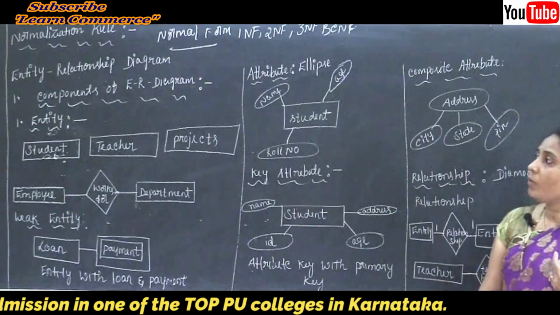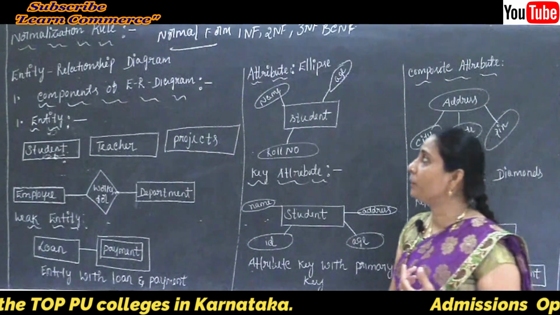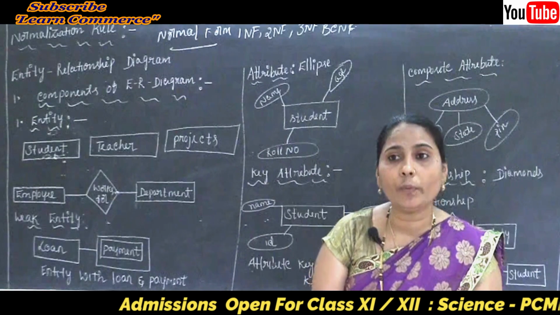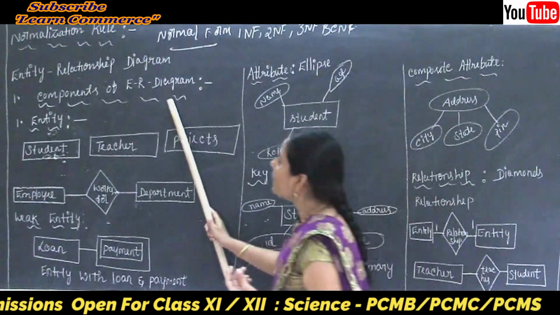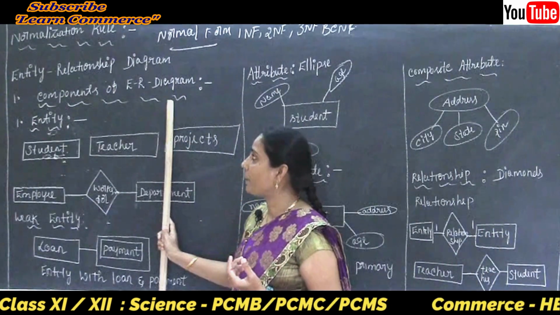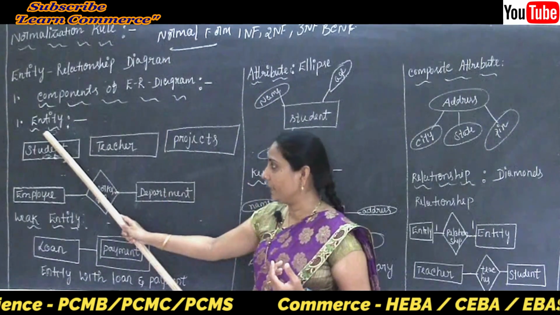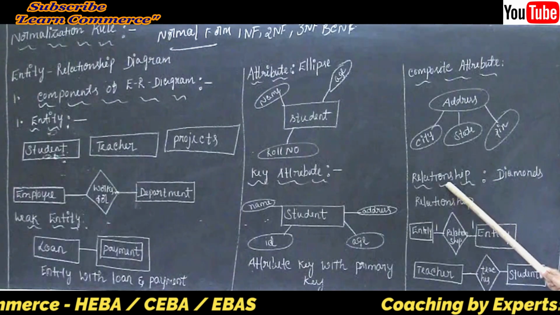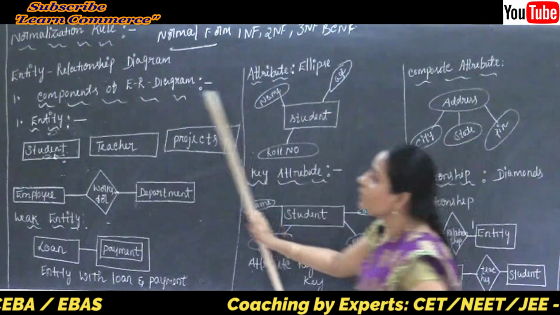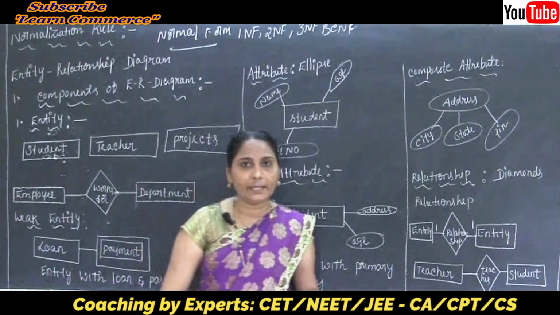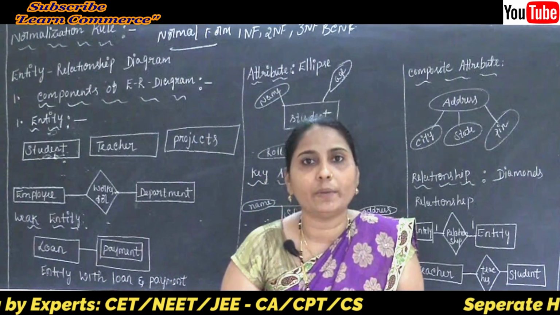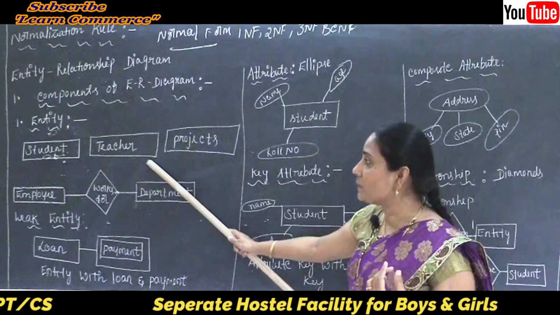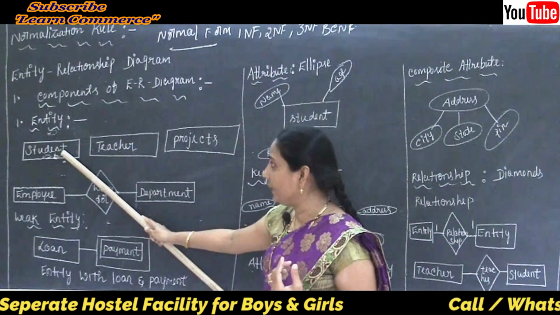And we know that such an entity relationship diagram has some components here. The components of the ER diagram are classified as entity, attribute, and relationship. Now let's take the first thing, our entity here. I already said the meaning of the entity, and I already drew some diagrams for our entity.